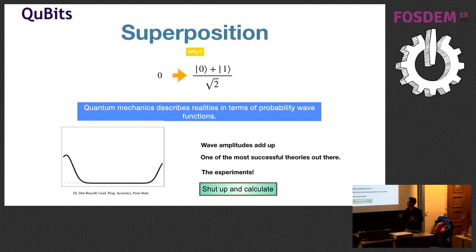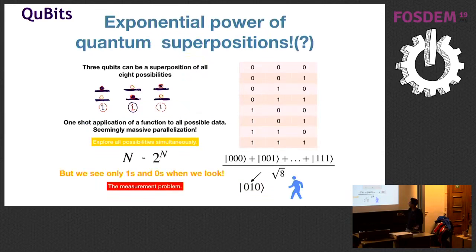So it's one of the most successful theories, so we are happy with the machinery that we have developed, although it's unintuitive. Now if you think about it as a computer scientist, as an engineer, you suddenly see a massive parallelization. If you take 3 quantum systems, which can be 0 and 1 both at the same time, you have 8 possibilities. And if you go with this picture of superposition, you will suddenly think, oh, I have access to all of these 8 possibilities simultaneously. So if I apply a function on these 3 objects, that function will apply on all of these 8 possibilities simultaneously. And I have a natural massive parallelization.